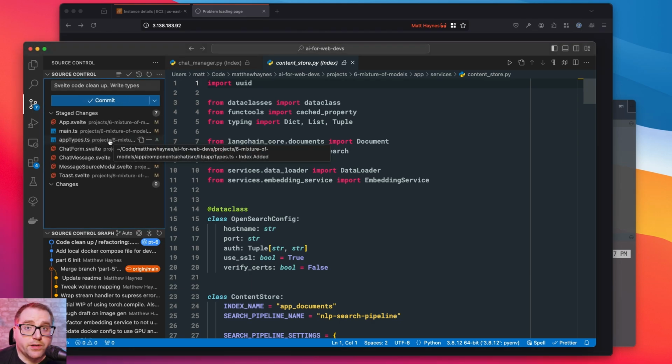Let's take a look at our Svelte code. Similar story. We're getting to the point where we kind of know how the app is shaping up. It's all fun and games to just quickly whip things together, prototype it real quick. But long term, you do need to clean things up and be a little bit more diligent. So the main story here is we're going to be defining some custom interfaces or types in our code base